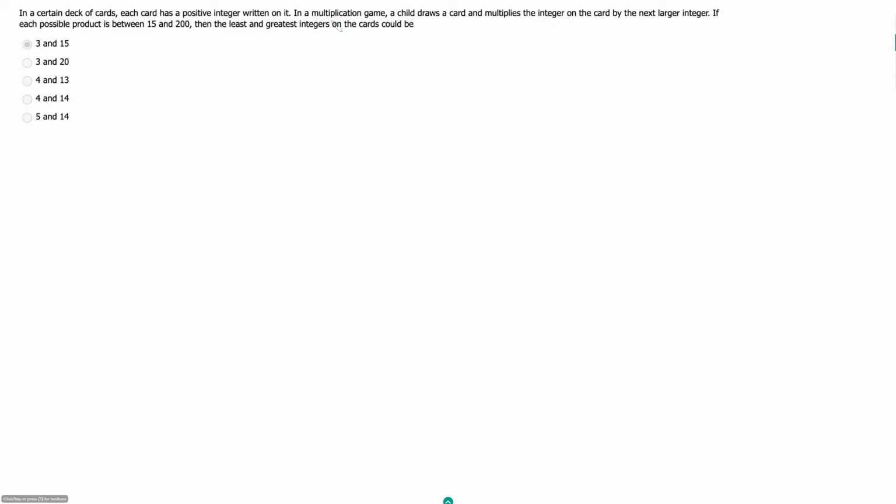I know one thing that confused me about this scenario was there are not two cards being drawn, right? There's just one card, and then the second number is one he just makes up in his head based on that first card. And so, given that, what do we know? We know we got one number, which is the card we're drawing, and then we're multiplying that by another number, which we just make up based on that card, which is going to be that card value plus 1. So we're multiplying x times x plus 1,